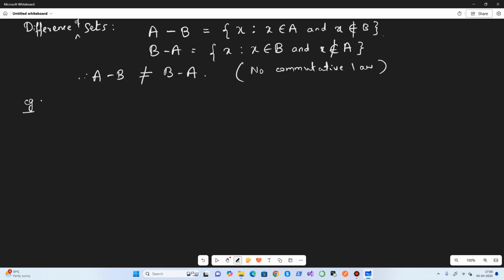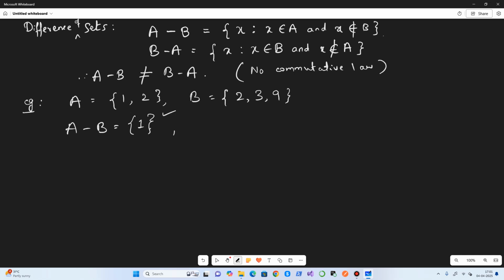For example, suppose A is equal to {1, 2} and B is equal to {2, 3, 9}. For A minus B, collect all the elements of A which are not in B. Is 1 in B? No, so you write it. Is 2 in B? Yes, so don't count that. So A minus B is only {1}.